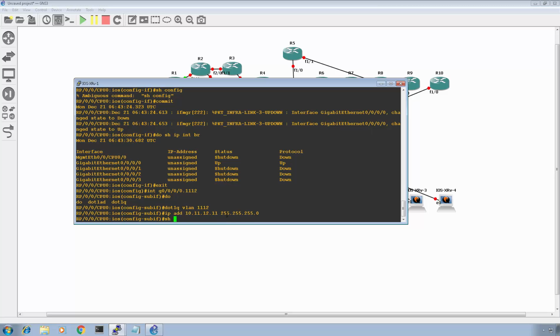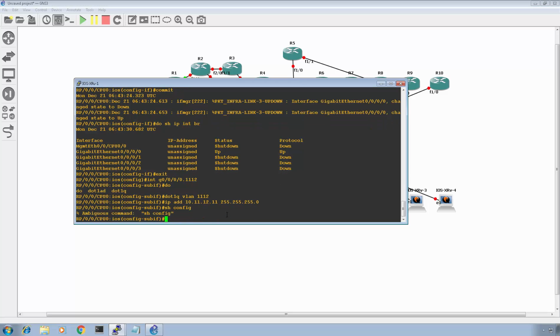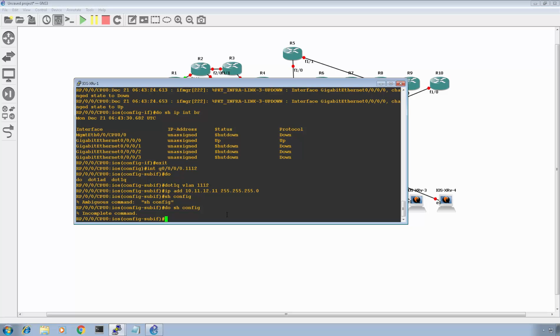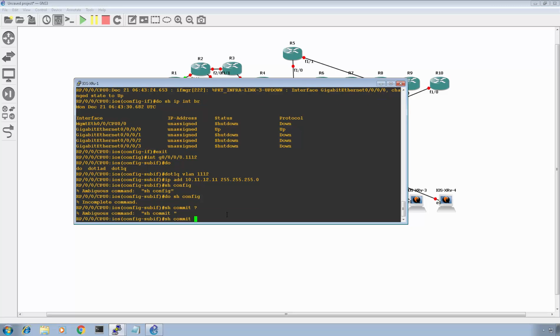Now if I type in show config, okay, see it doesn't like that command. There's a do show config. One of the cool things here is normally in regular iOS XR, if you hit show config, it actually shows you the candidate config. The candidate config is going to be what you're going to be hitting commit on. If I do show commit,